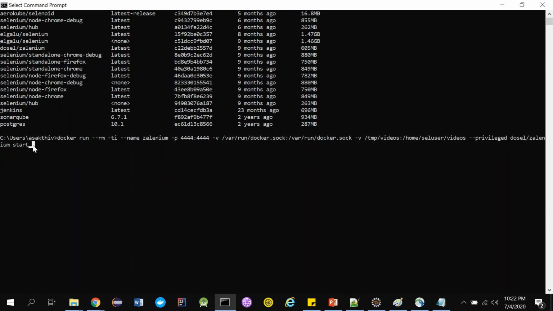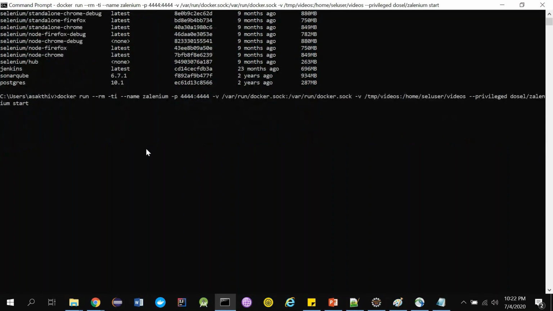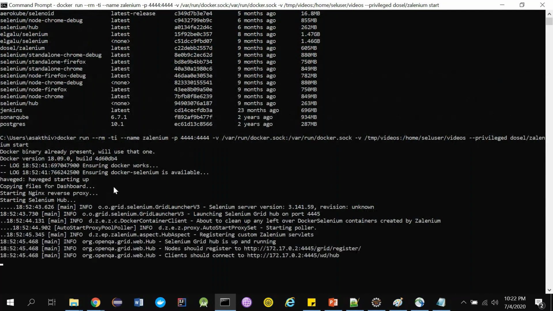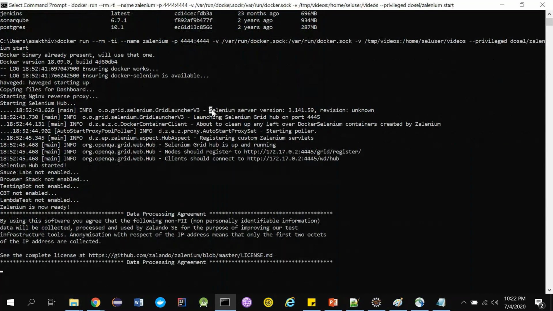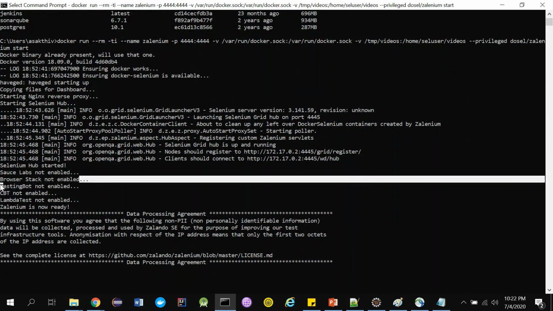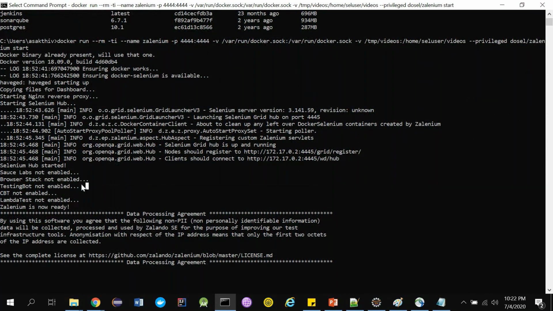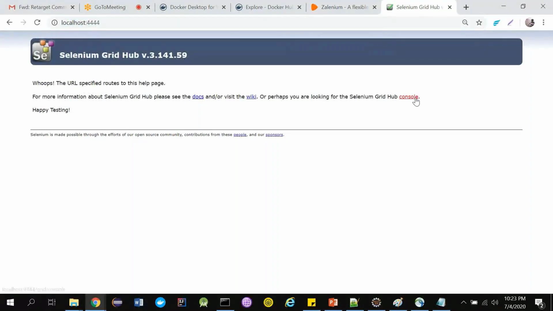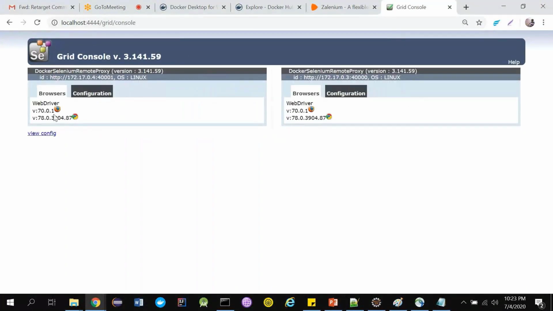So when I press enter, you see it's also internally using Selenium Grid, but they have done a customization of the Selenium Grid. It's using all the things. It has the capability to link to Sauce Labs, BrowserStack, all those things, but we are not doing it now, so it's telling it's not enabled. So it's okay for now. Let's quickly go to the 4444 port, and if you see, we have something up and running already. We have two nodes, which have Firefox and Chrome, already there. So within just one command we have done it. They have some really cool stuff mentioned in there.